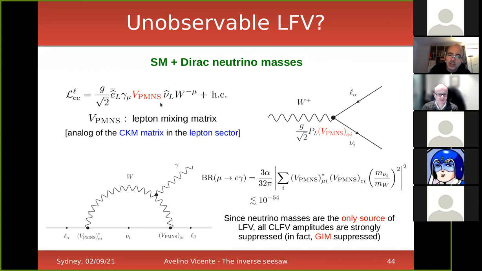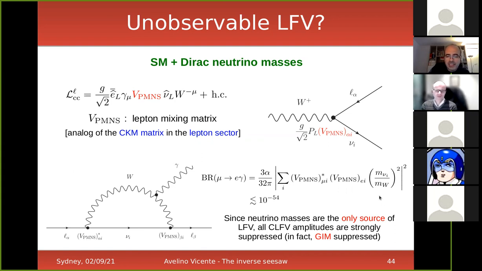So in the quark sector, you would have the CKM matrix. In the lepton sector, this is usually called the PMNS matrix. And all charged current interactions have to have this coupling here with the PMNS matrix elements appearing in the calculation. And because of that, if you calculate, for example, some lepton alpha going to lepton beta gamma, you get an expression that has to be proportional to 2 powers of this, well, 2 elements of this matrix. And it looks something like this.